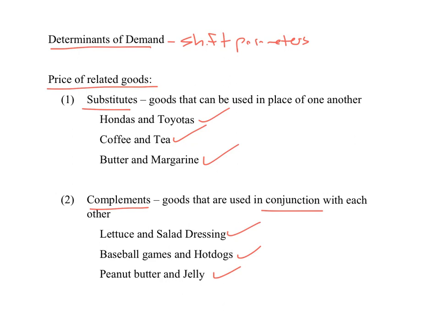That brings up an important issue. How goods are related depends upon individual preferences. So goods that might be complements to one person could be substitutes for others. For example, some people consider ketchup and mustard to be substitutes. Other people like to have both on their hamburger, and therefore they are complements. So